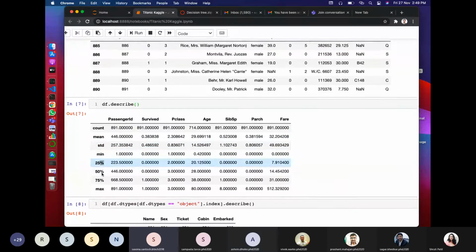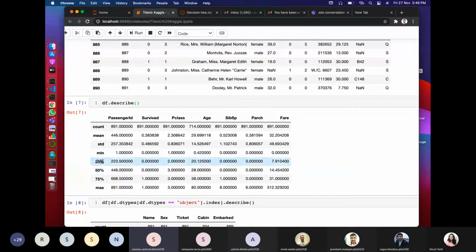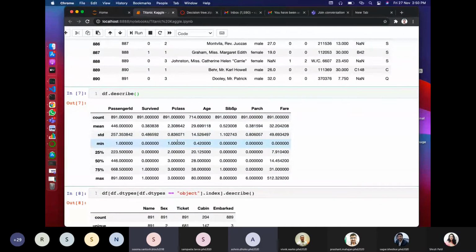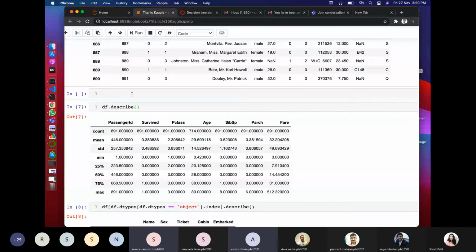Now this is something very important. This is the 25th percentile. From 0 to 25 percent, what is the number available at the 25th percent? I think I need some white screen to show this. Suppose you have numbers from 1 to 10.